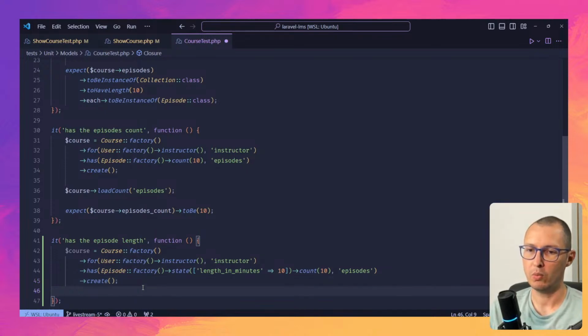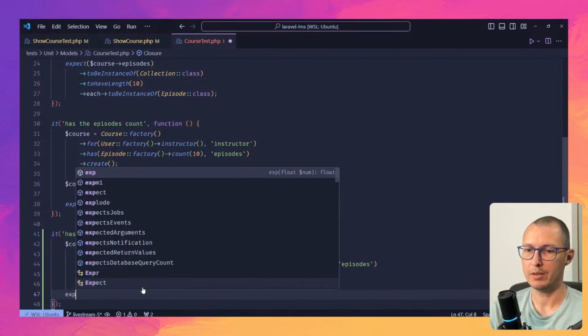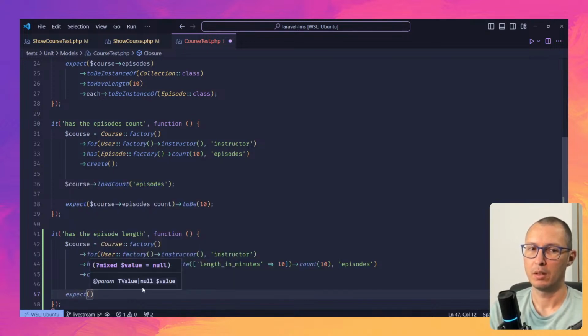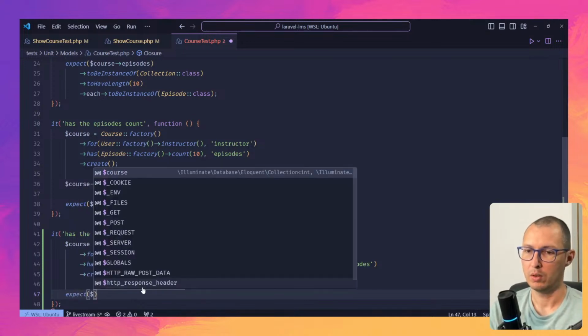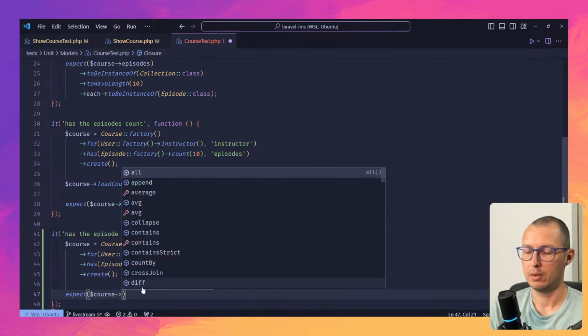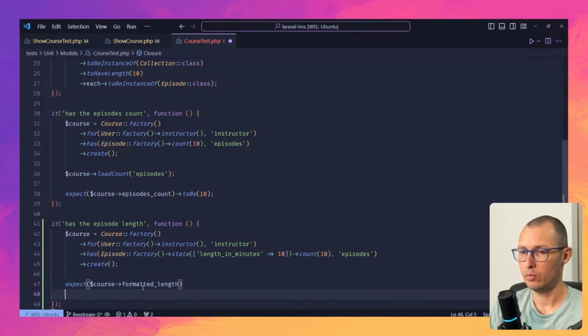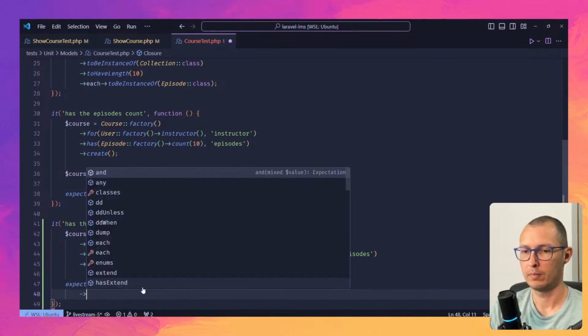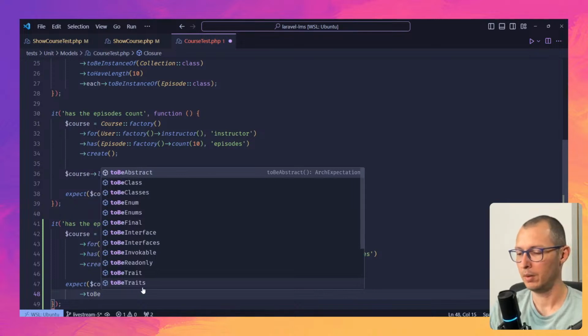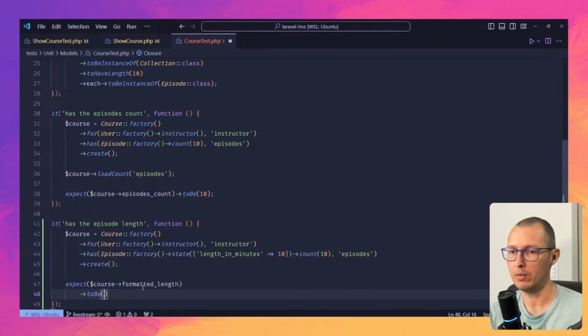And what do I want? So I expect that if I call course, and this will be the property that I want. So formatted, let's call it formatted length. And that is going to be the specific string that I'm looking for. So in this case was